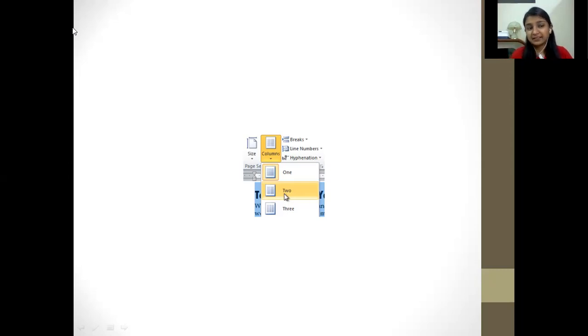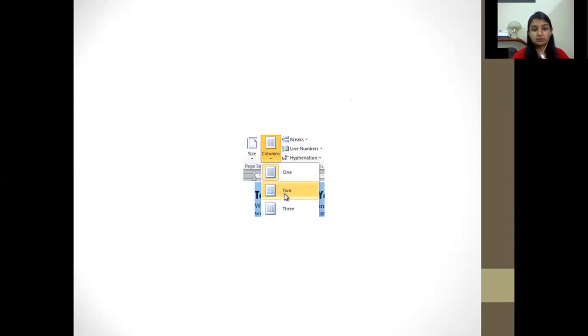Yes. Can we say that it is a kind of example for the page column, but how many sections would be there for the page? One is very simple. If we are typing something, it is just itself one column. But when we are applying the two option on it, it would be divided into two columns. Two paragraphs would be there. So this is the meaning of two. And what about the three? Three also, we can see that three columns would be maintained.